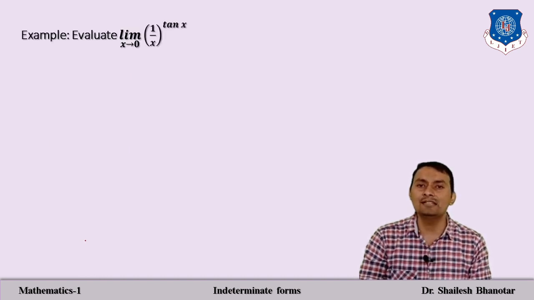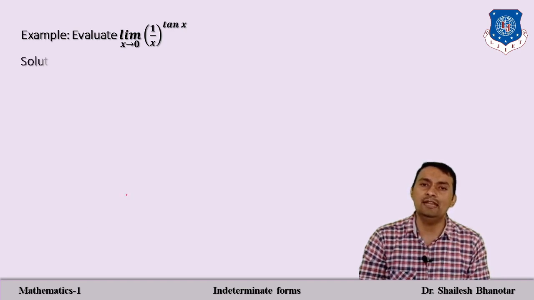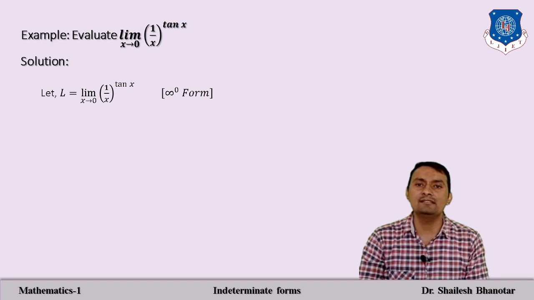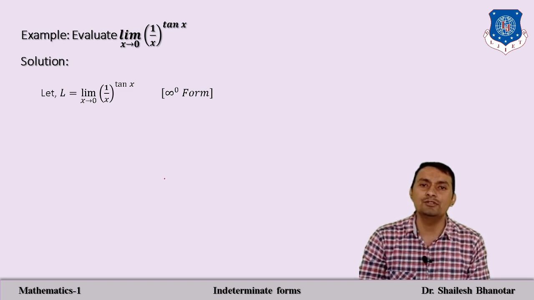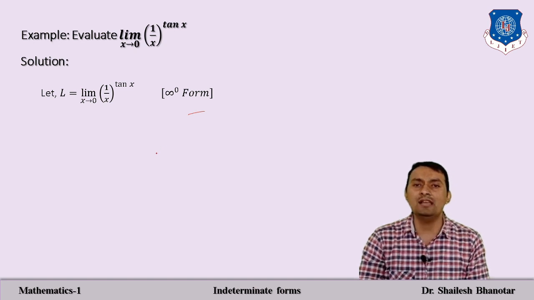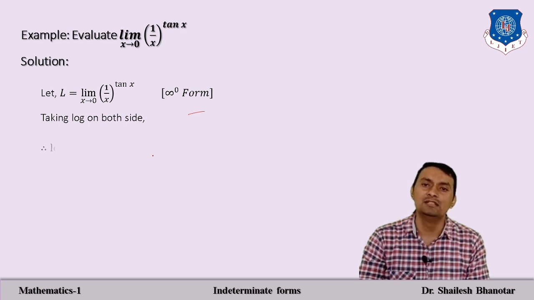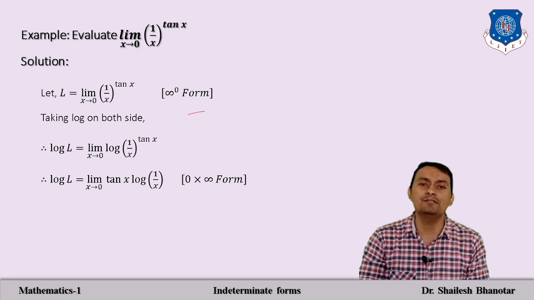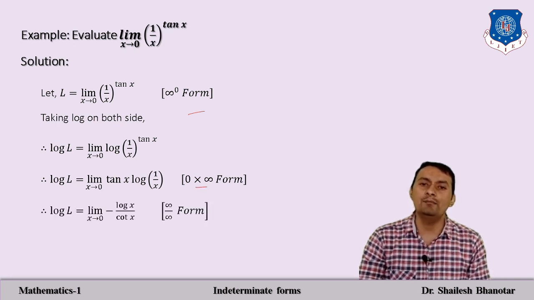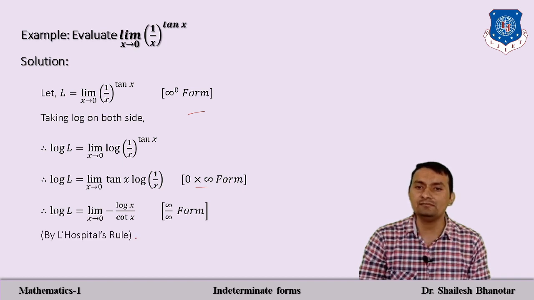So now let's have a quick look at another question. Limit x tends to 0, (1 divided by x) raised to tan x. So first we put x is equal to 0, so we get infinite raised to 0. This is another indeterminate form. That means there is no conclusion for the limit yet. That means we have to convert to 0 by 0, otherwise infinite by infinite forms. So just take log on both sides, follow the logarithm property, so we get this one. Again we have to apply the 0 by 0, otherwise infinite by infinite form, so we get this one.